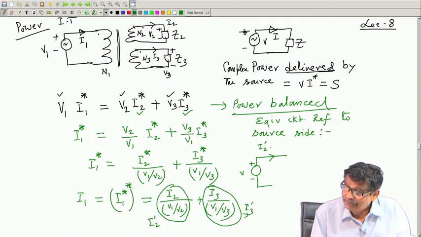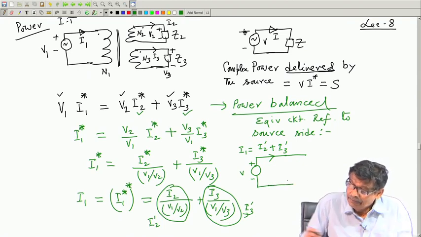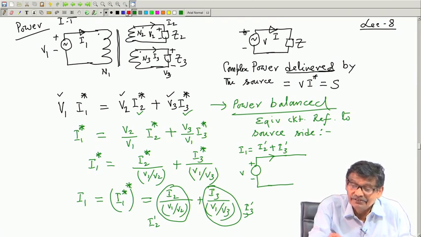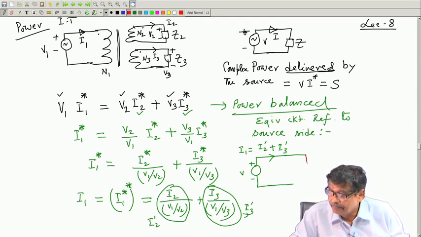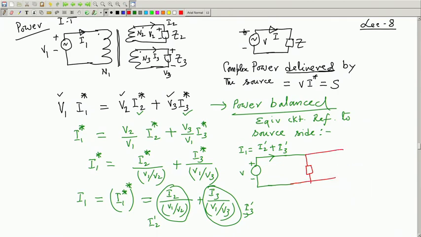So, I 2 plus I 3 reflected, this is your I 1, is not? Therefore, these impedances must appear in parallel. Such that one is I 2 dashed and this is I 3 dashed, and this impedance I will write Z 2 dashed, this first one,